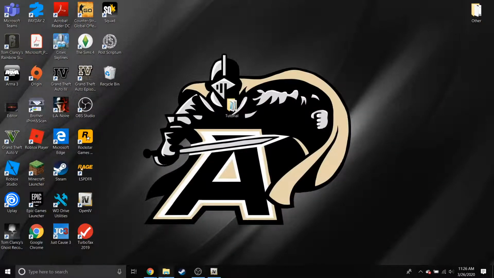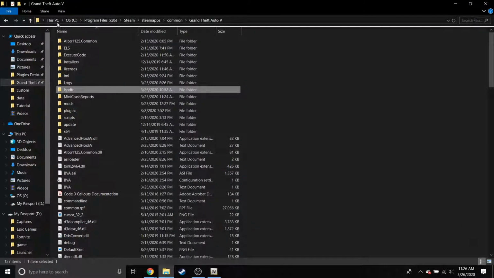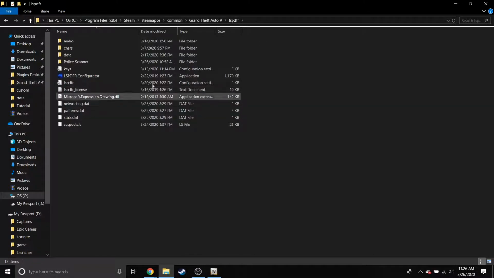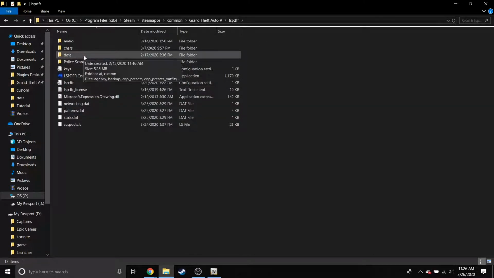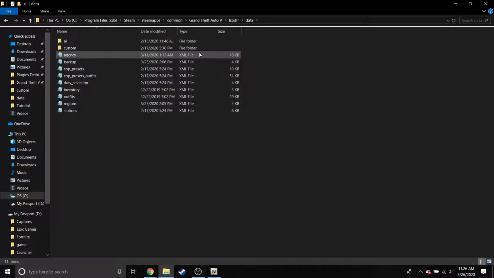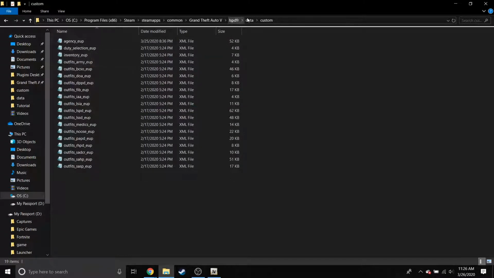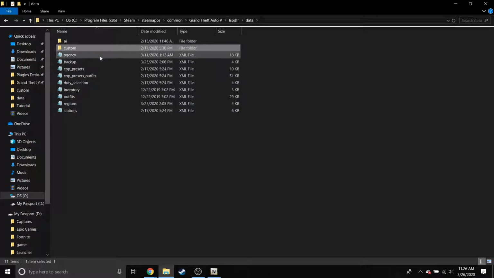So go into your main GTA 5 folder. So if you need to pause it and find the directory, this is usually where it's at. So once you're here in this main folder, go into your LSPDFR folder and then go into your data folder. In your data folder, you'll find a bunch of XML files like so. If you're using EUP configs, they will be inside your custom folder, but today we'll be looking at agency.xml, regions.xml,